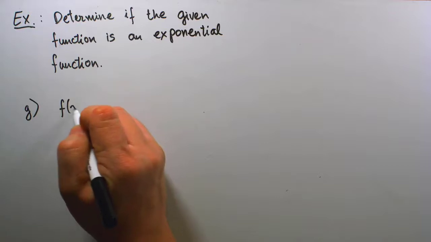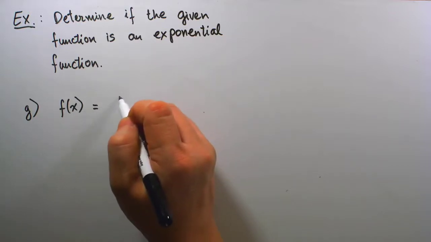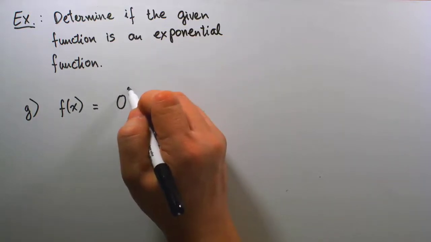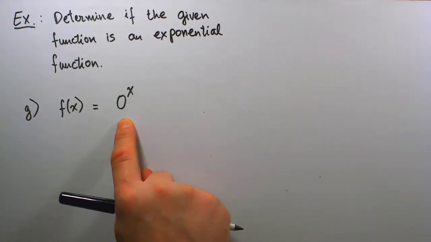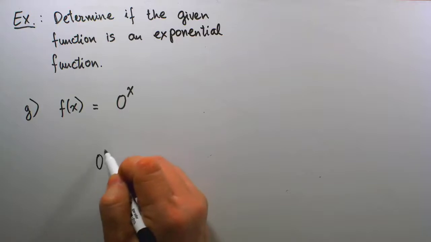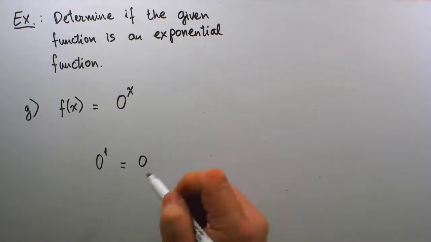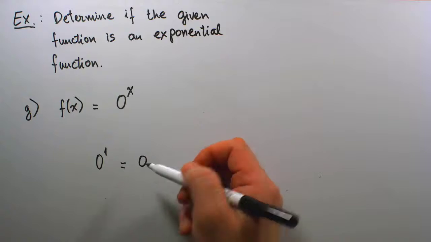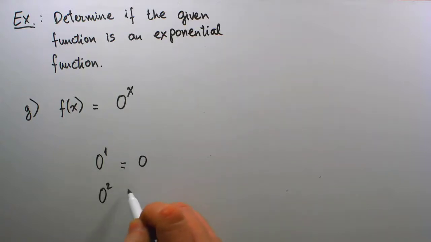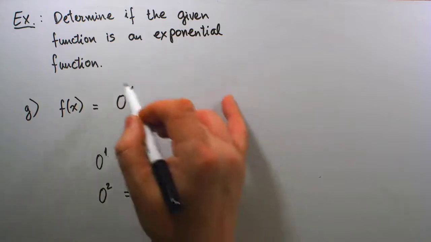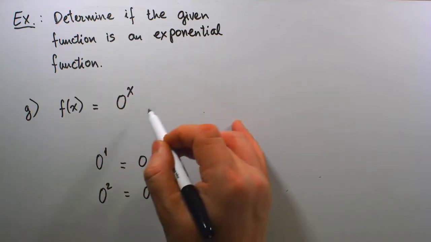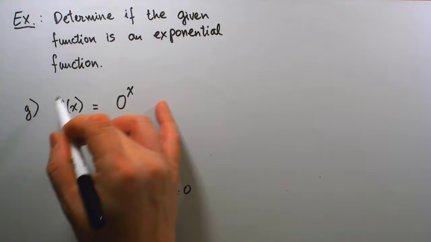we can have a function f of x, and we treat the base as 0 and raise that to the x. As far as doing the operation, yes, we can do 0 to the first power, which gives me 0, because 0 times itself is 0. 0 squared is 0 times 0, which is 0, and all that. But as far as being classified